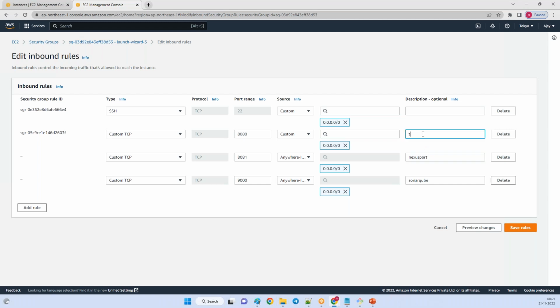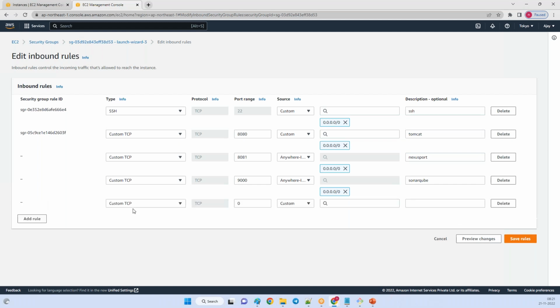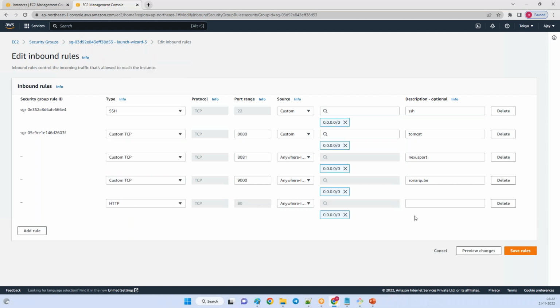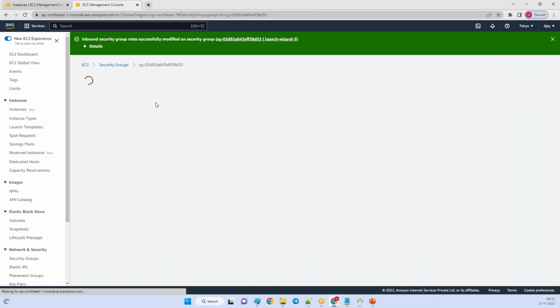This is your Tomcat port number. This is your SSH port, right? If you want to use HTTP, the port number is 80, right? You can take HTTP, this is port 80, anywhere I want to access. And if you want to use Jenkins also, the Jenkins port number is also the same, 8080. We can see how to use the same port and how to change the Tomcat port to another port in coming classes.